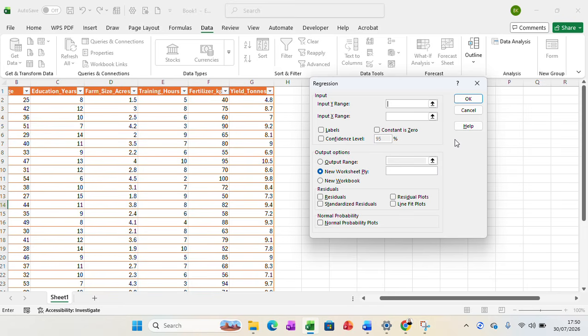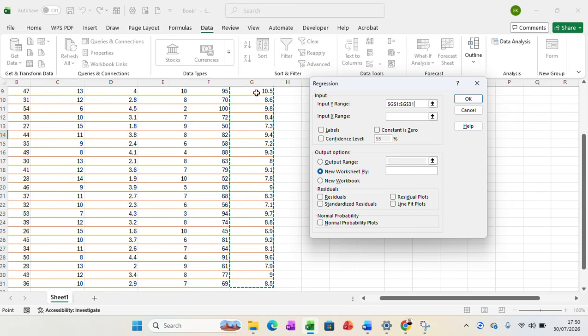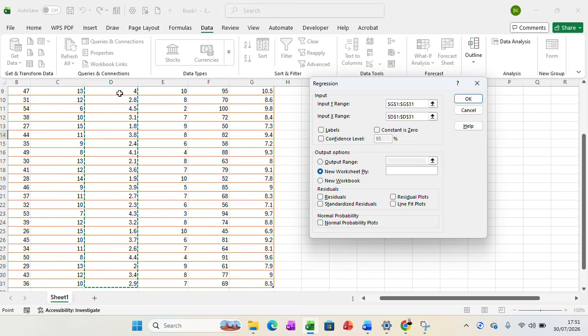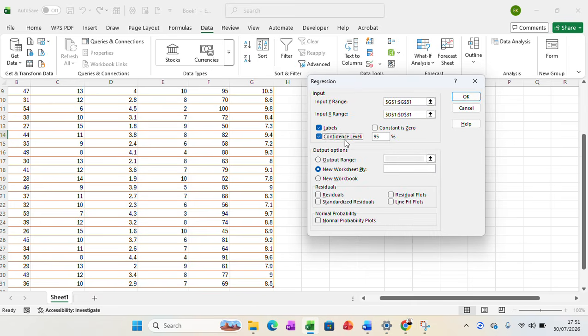For our Input Y Range, we are going to use yield in tons. So we are going to click here and then press Shift and Control, and then for our X range, or the independent variable, we are going to use the farm size. So you click here, Shift Control, and then we are going to tick Labels. Confidence Level is going to be